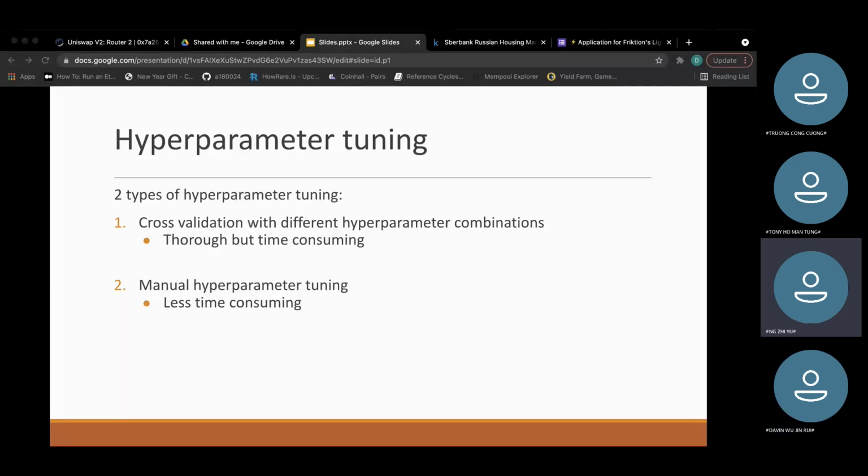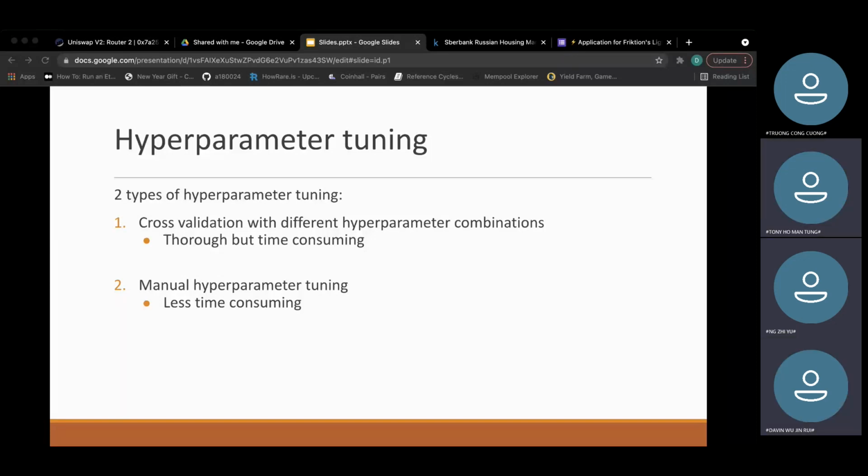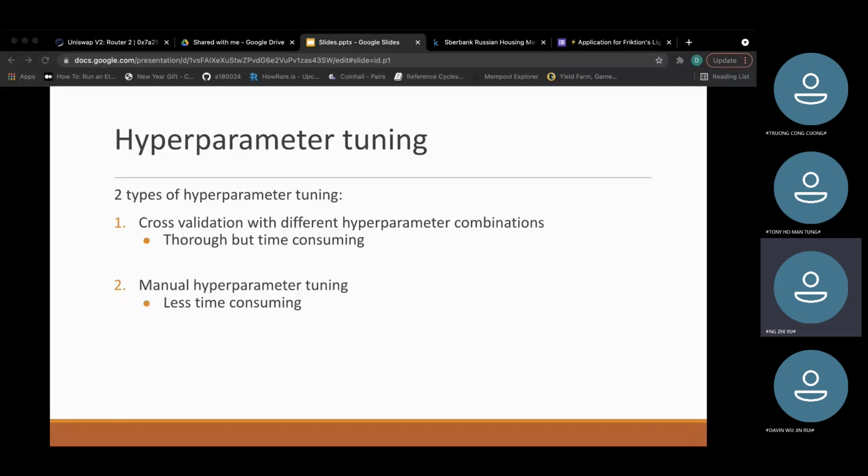The first method is to use cross-validation with different hyperparameter combinations. We first select a set of hyperparameters we want to tune and a combination of hyperparameter values we would like to try. We then use a loop to iterate through all the combinations of hyperparameter values we selected and perform cross-validation on each of them. We then manually select the hyperparameter values which had the lowest mean squared error. This method is quite thorough but very time consuming